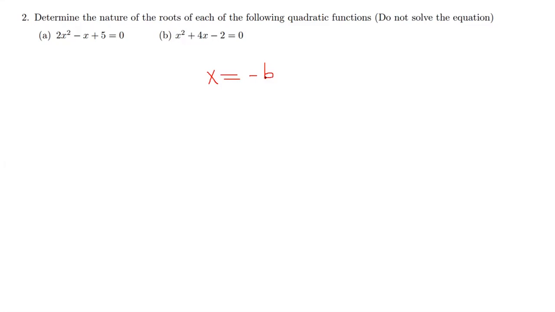You use this formula, which is negative b plus or minus the square root of b squared minus 4ac, then everything over 2. So what the discriminant is simply just the